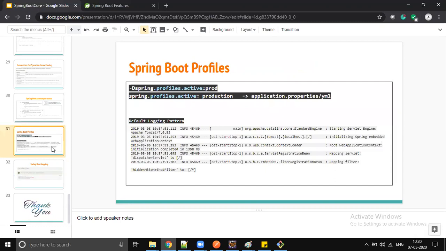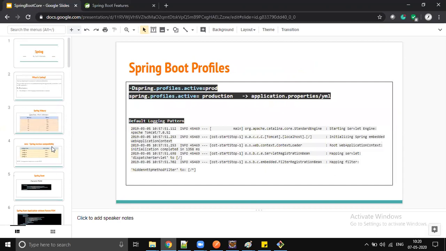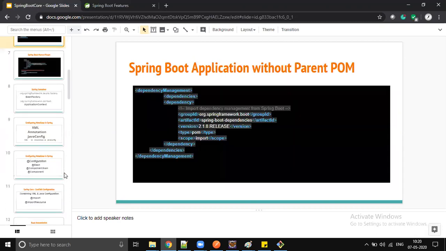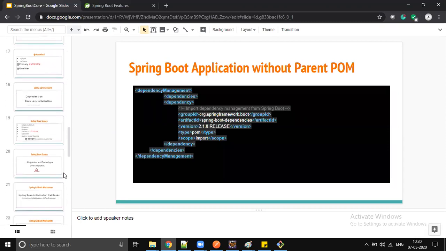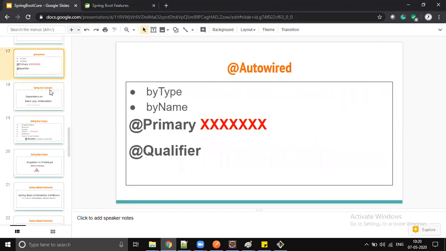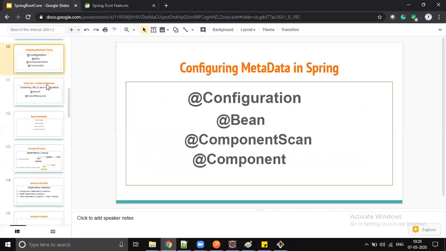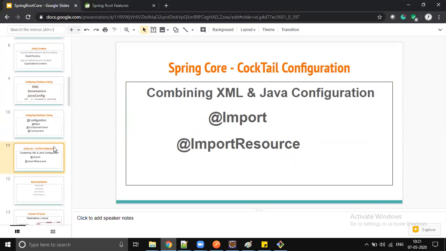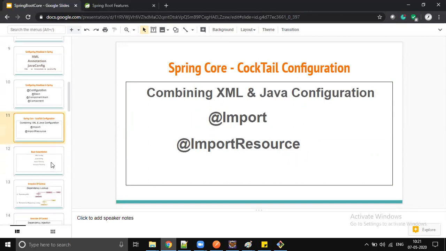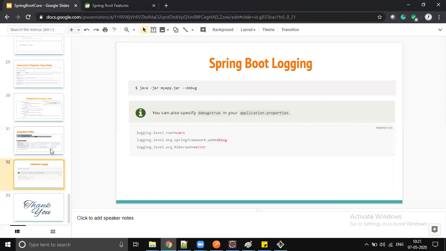These are concepts which are common across all the modules, whether it's a RESTful web service, database connectivity, NoSQL DB connectivity, or reactive programming. Anywhere we're going to use these concepts: depends-on, lazy, scope, autowire, profile management, dependency lookup, constructor dependency injection, @Configuration, @Bean, @ComponentScan, @Component. All these configurations are common across all the modules. That's why we are learning all these things and stretching a lot, because this is the common thing which is going to be used in all the modules.